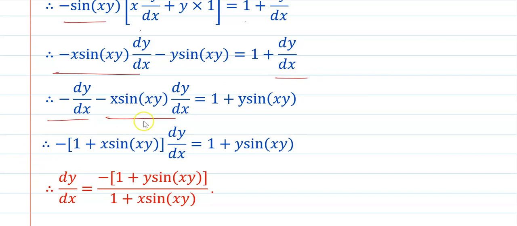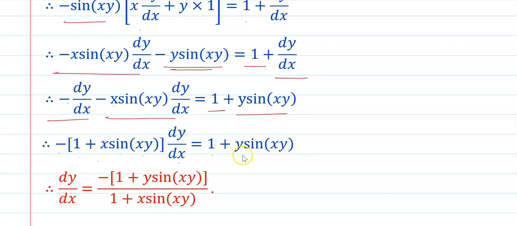It will become minus, this 1 as it is, then minus y sin of xy transfer to the right hand side, it will become plus. Now collect the dy by dx, then you will get, and collect the minus sign. या दोघातनं मायनस साइन आपण इथे कॉमन काढलेलं आहे. Then you will get 1 plus x into sin of xy, dy by dx is common. Therefore minus in square bracket 1 plus x into sin xy, bracket complete into dy by dx, and that's equal